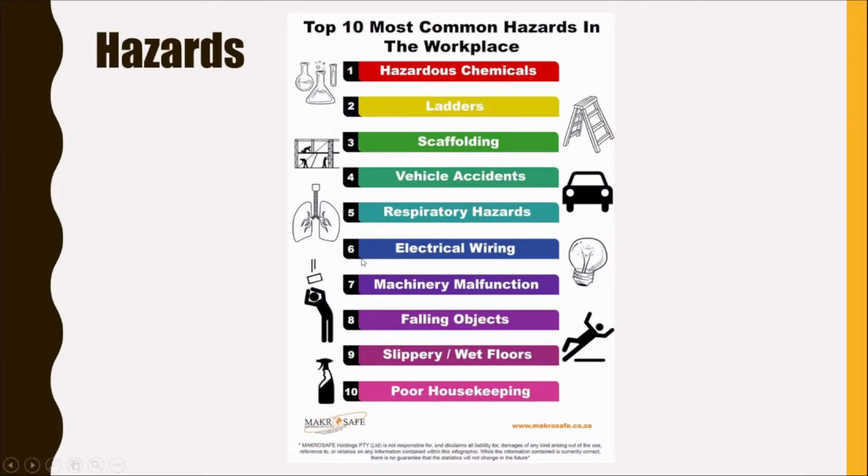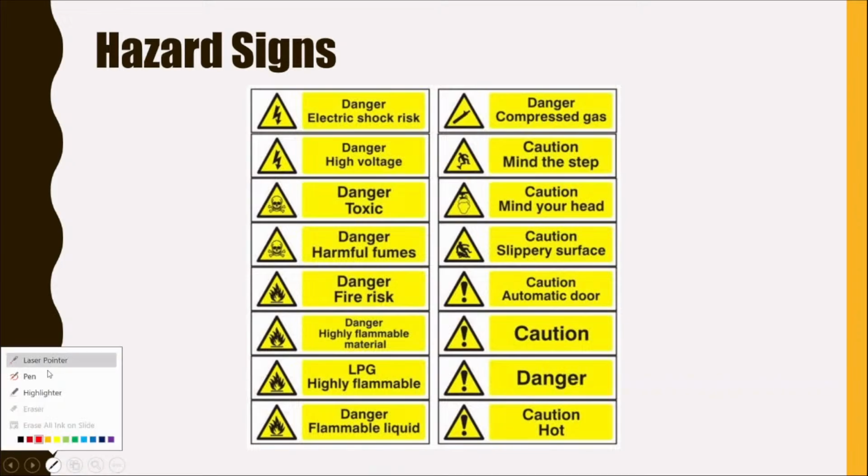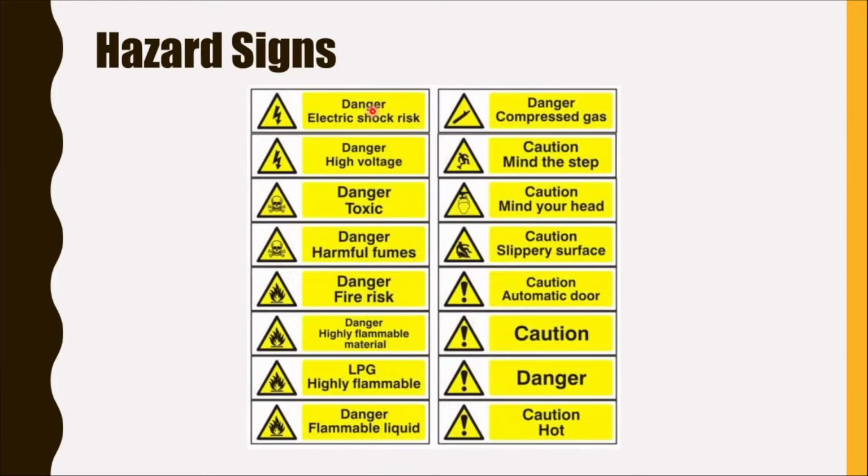So there are some hazard signs. You may have seen these kinds of hazard signs in most buildings and even in the workplace. First hazard sign: danger, electrical shock risk. So electrocution may happen. That is the meaning. You can also use the same for danger, high voltage. You may have seen this high voltage danger sign in panel boxes,